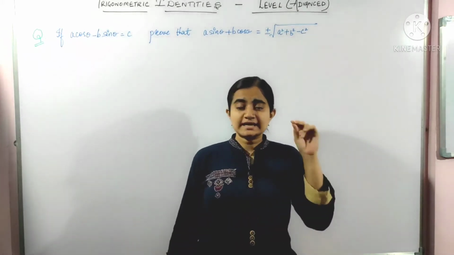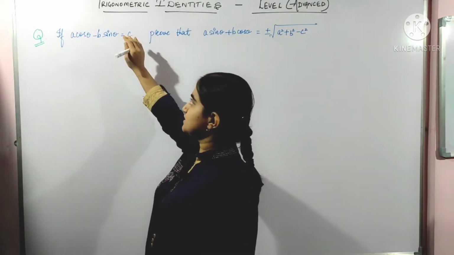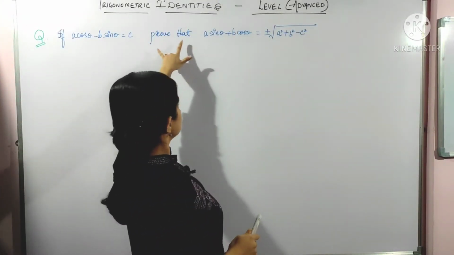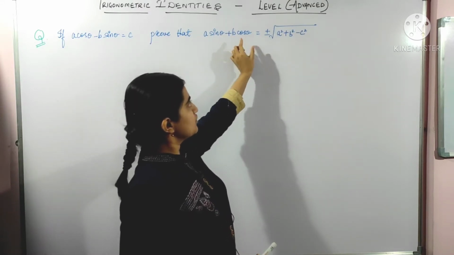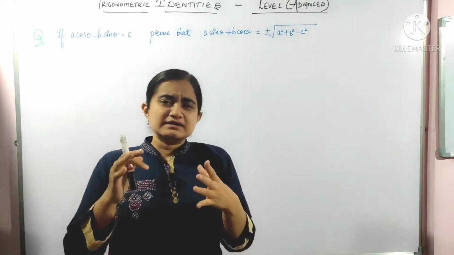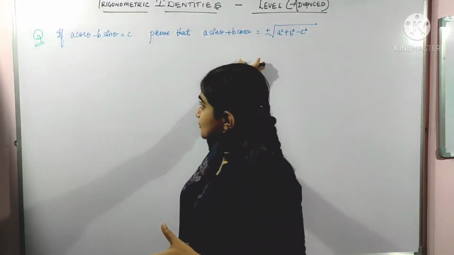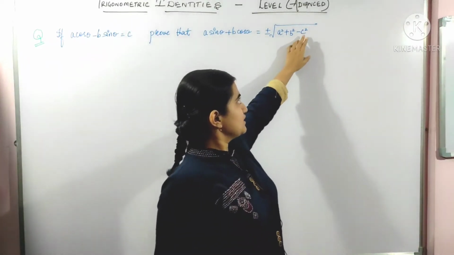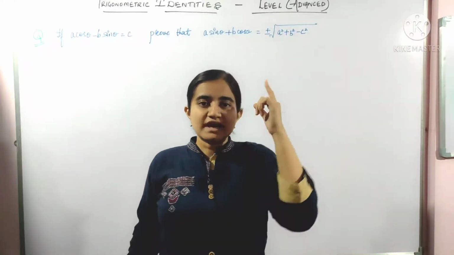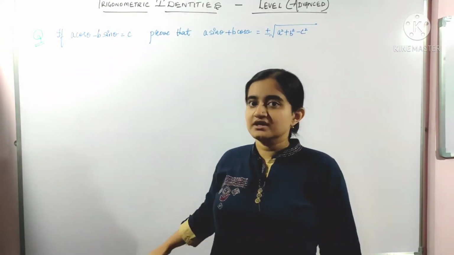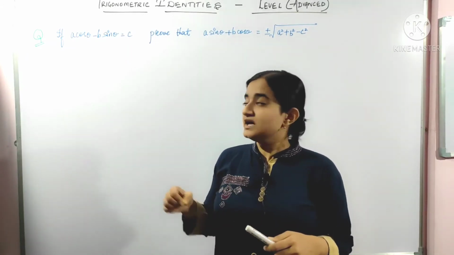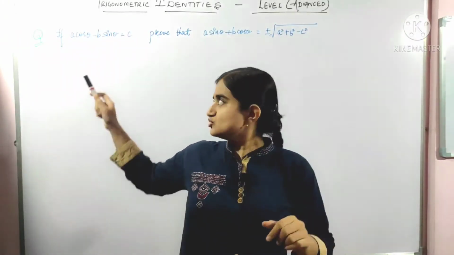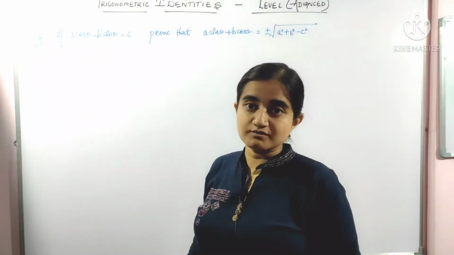Okay. So this is our next question, and in this question we have a cos theta minus b sin theta equals c. So what we will do? We will take this part only, because in the second part we can see, to prove that part, a sin theta plus b cos theta equals this. So at first we have to decide whether we start from here or here. So better we should start from here and think a little bit. See, we are getting c square inside this. So we can think, why can't we do c square here? So like this, we have to think, we have to give a try, and if we can't do it from that particular part, we will move on to this particular part and do it from here. So let's do it from here, because I think that we will get a solution from that side. Okay.